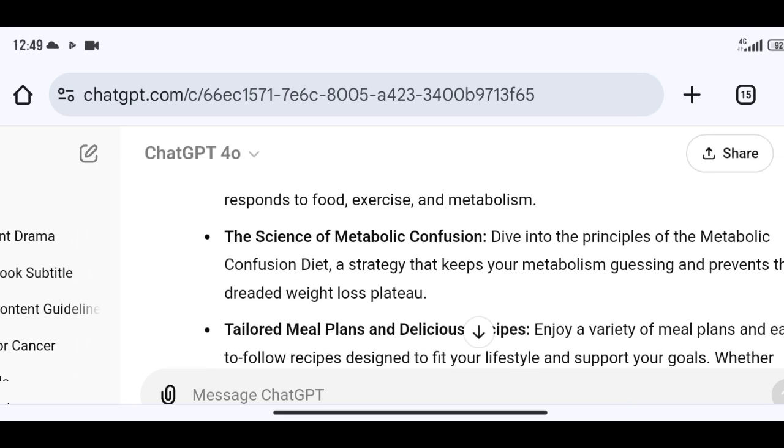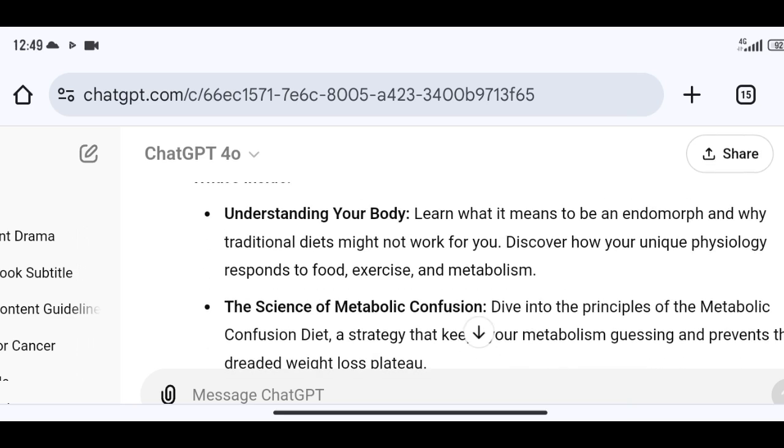But make sure that this slide you open for this book, you shouldn't bring something else into this place, so that you won't confuse the robot, you won't confuse the AI. Make sure that in this place you are only talking about your book. It's not that the AI is writing something in regards to the metabolic confusion diet, and you are also asking ChatGPT to write about the keto diet.